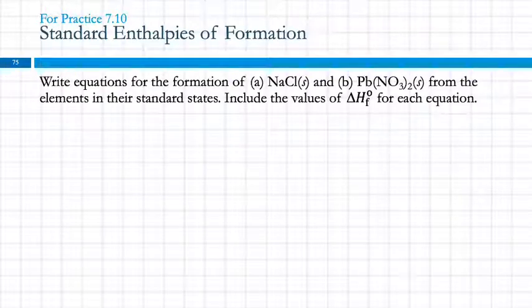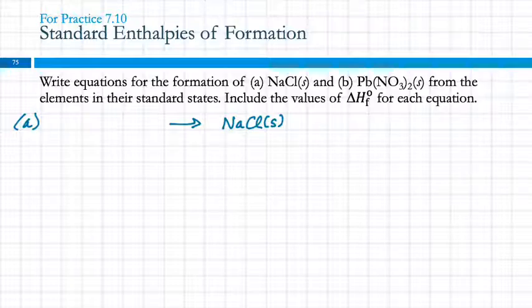Okay, so write the equations for the formation of sodium chloride and lead nitrate from the elements in their standard states. Include the values of the standard heat of formation for each equation. So what we're going to do here is we're going to start with letter A. So we're going to do sodium chloride. So we're going to have some reactants, and then our product is going to be sodium chloride solid, because that's what we're asked to do, right? So that's the product, and then we have to write the elements that are present in this compound in their standard states. So sodium,